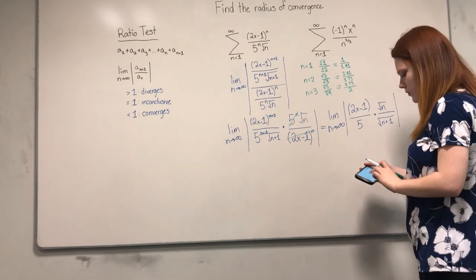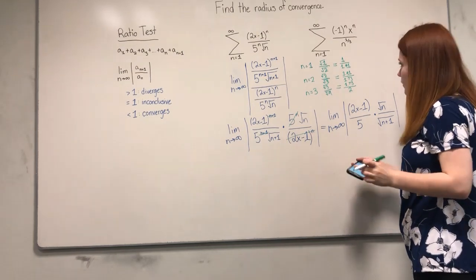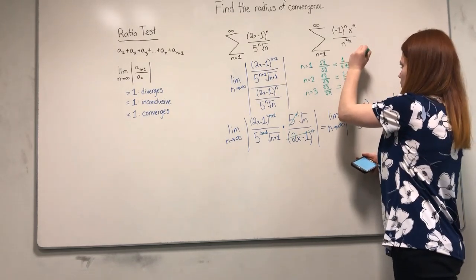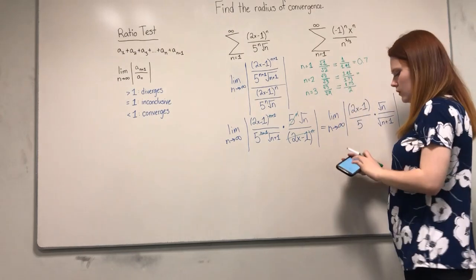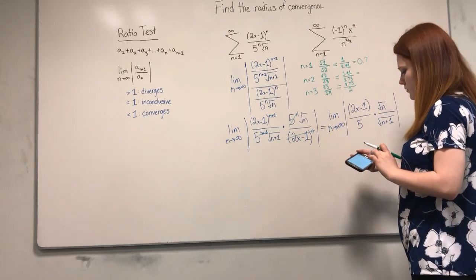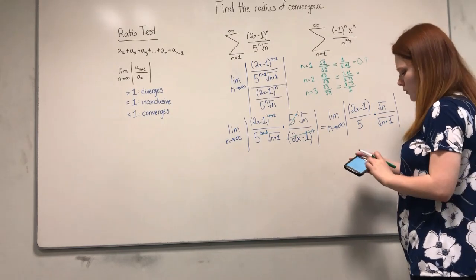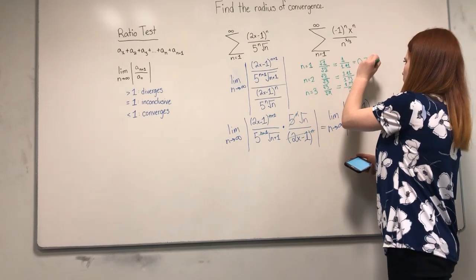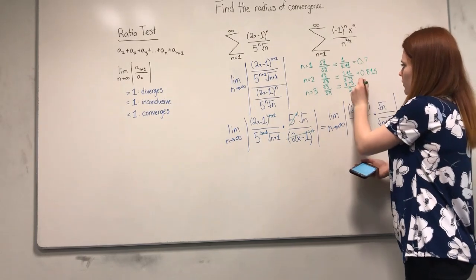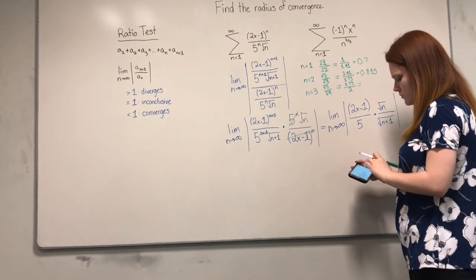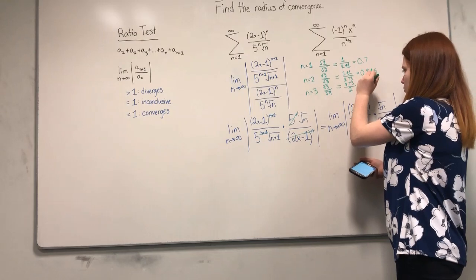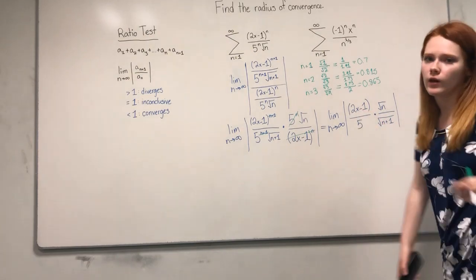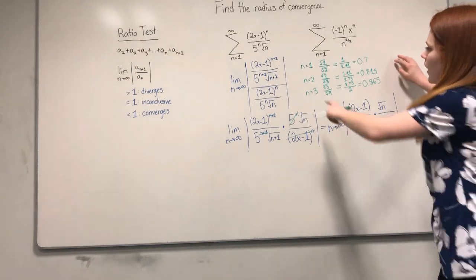And then what does that all come down to? 1 divided by 1.41, then 1.41 divided by 1.73, 0.815, then 0.865. So the point of doing all of this is so that you can see that as you increase n,